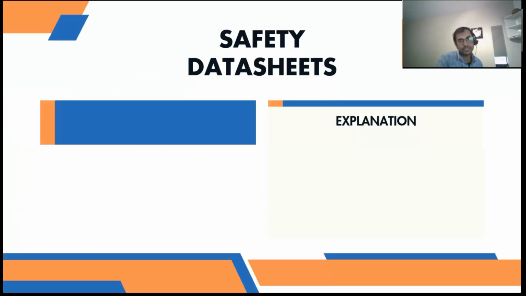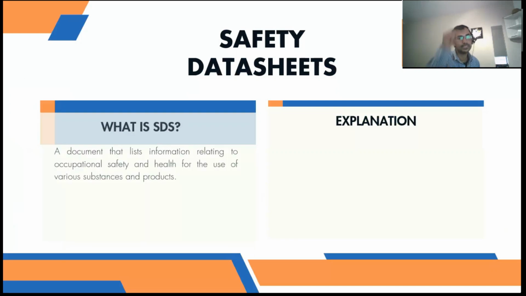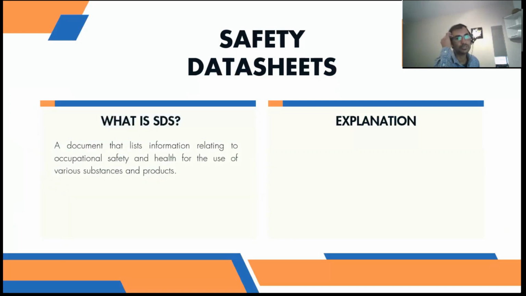So, safety data sheets. There's one more simple thing I will tell: what is SDS? Earlier it was called MSDS, Material Safety Data Sheet. Now it is called SDS, or Safety Data Sheet. This is also a simple question that comes up in competitive exams. It is a document that lists information relating to occupational safety and health for the use of various substances